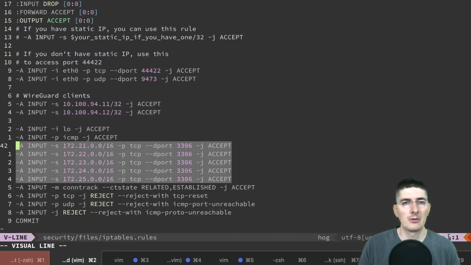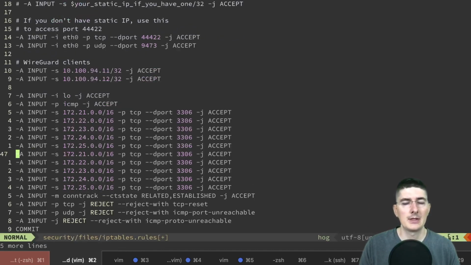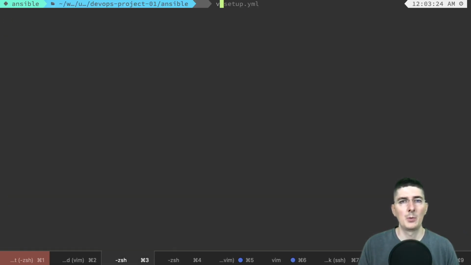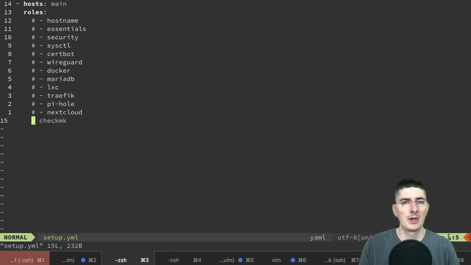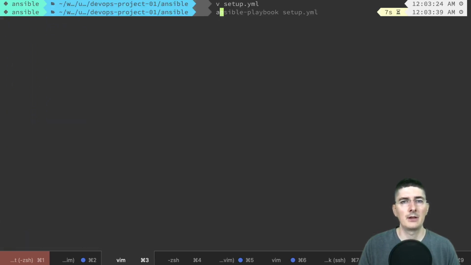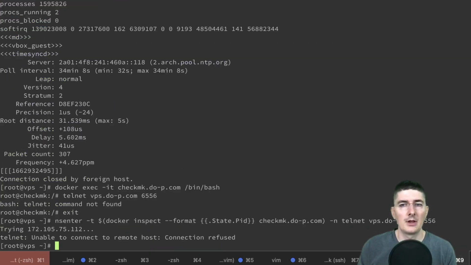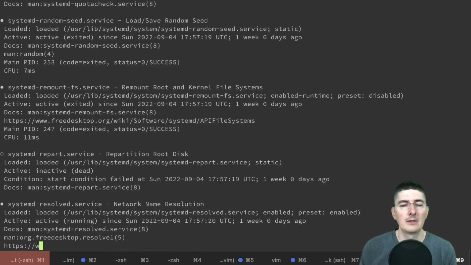Copy these lines for MariaDB, paste, and replace port 3306 with 6556. Save the file, open setup.yml, comment out checkmk role, find security role, uncomment it, save the file, and run Ansible playbook. Ansible has finished, and if I try to run the nsenter command again, I will now see the output